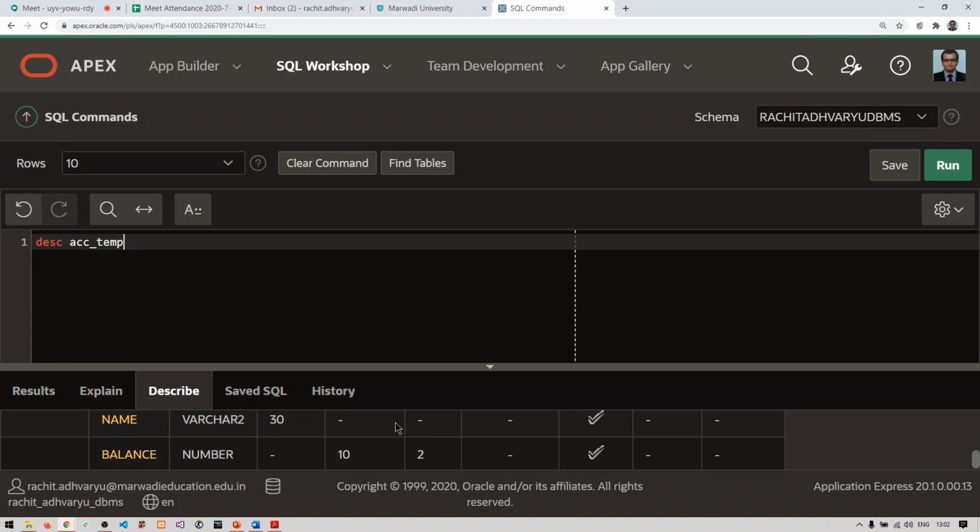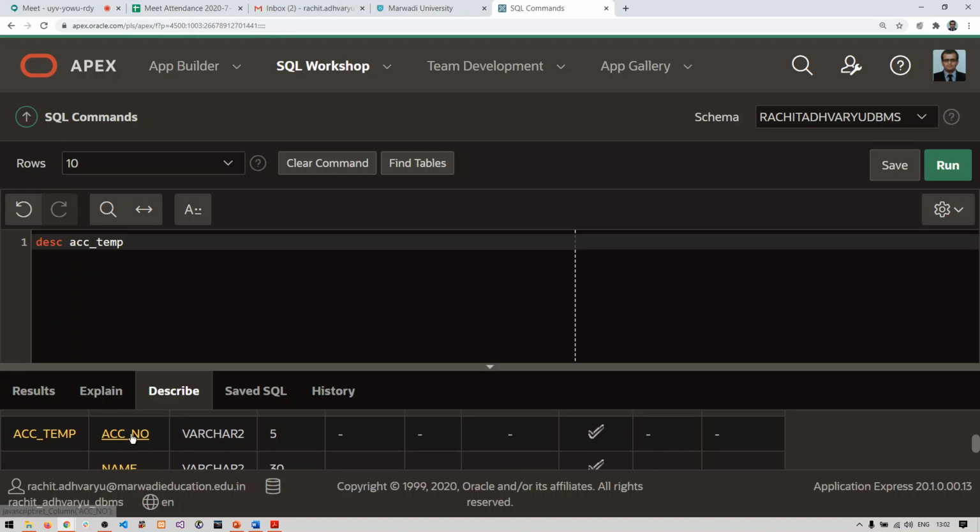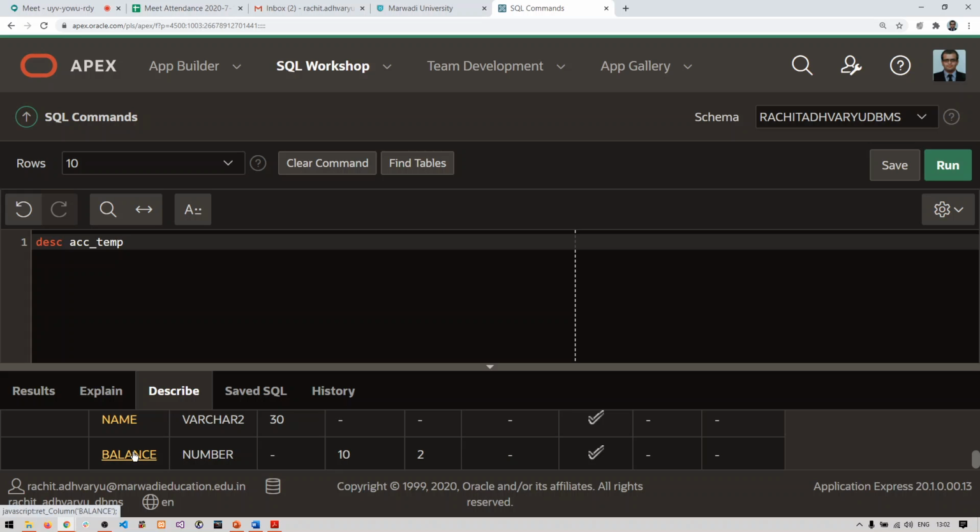Now what does updating the table schema actually mean? If I want to add a new column after this table has been created, we can do it. That is the first thing.